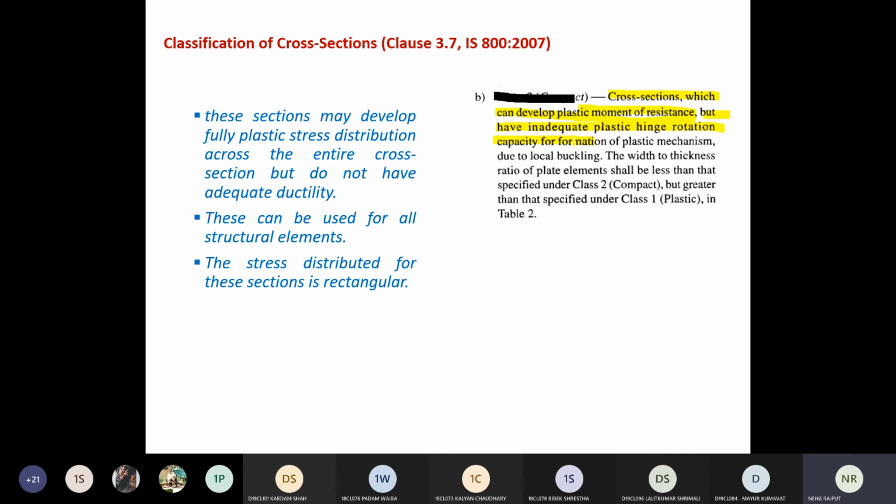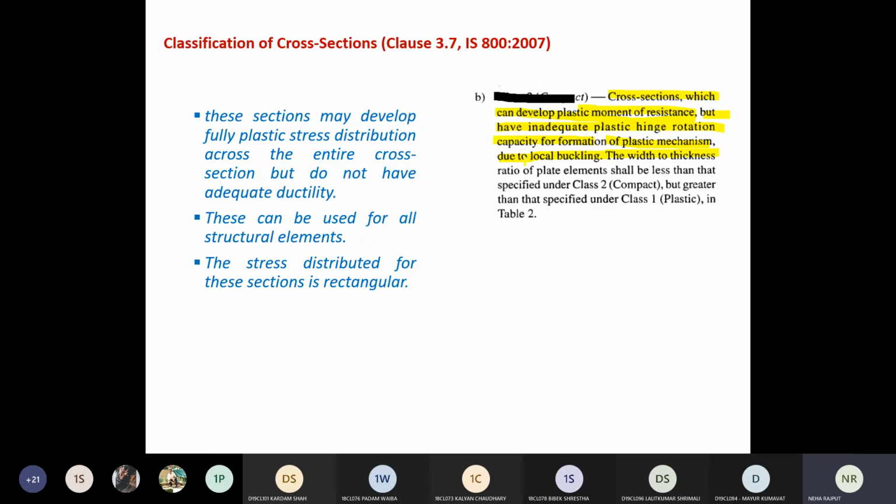Plastic hinges भी होता है, but the rotation capacity is less compared to class 1 due to local buckling, because in semi compact the chances of local buckling will be there, so it will not allow the proper rotation capacity at the point of plastic hinges, right?